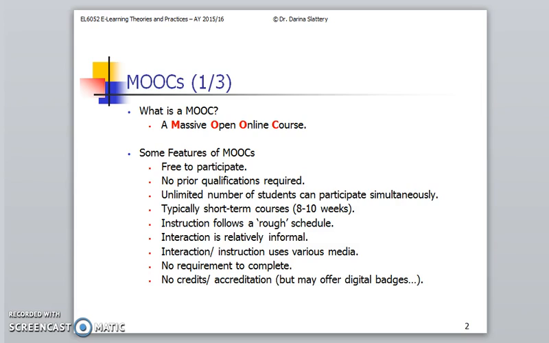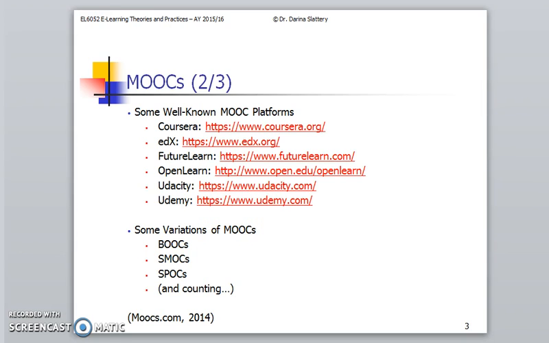And then you've also got the concept of digital badges and open badges, which I'll talk about shortly, but it's essentially an electronic way of recognizing people's engagement in MOOCs and other online learning. So just to look there, there are many platforms that offer MOOCs. Some of the most common, frequently known ones include Coursera, edX, FutureLearn, and so on.